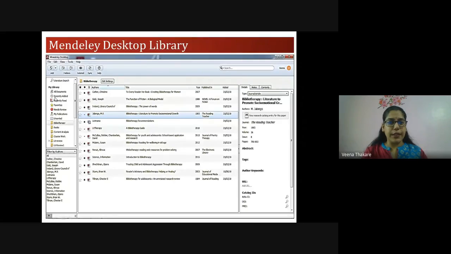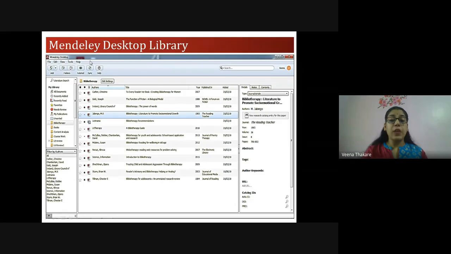I'll talk about it in detail afterwards. But literature search, so searching. First of all, you have to search the references and then download and then manage them in this library. So the left hand side is the navigation panel. As you can see here, add, now add here is to add the references or add files. Here you can create or delete folders, and this, the important feature, is the sync button.